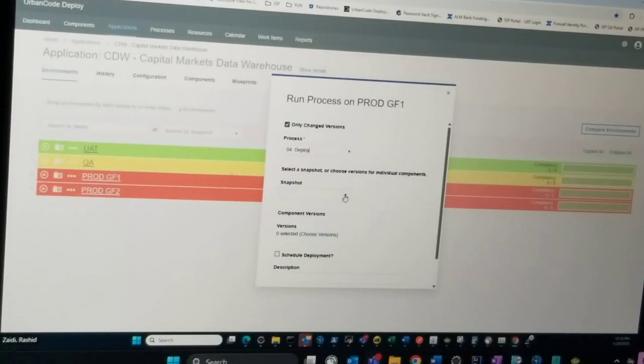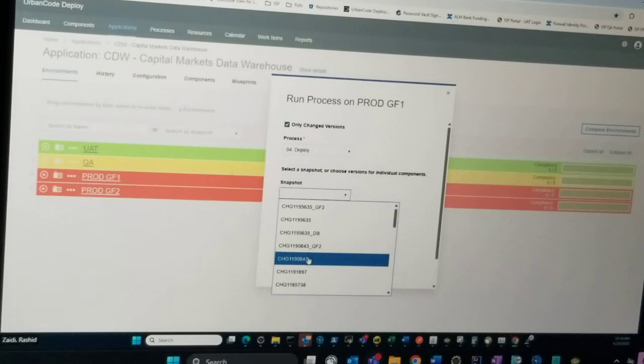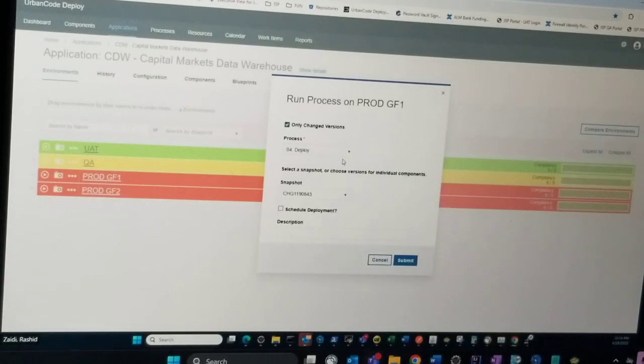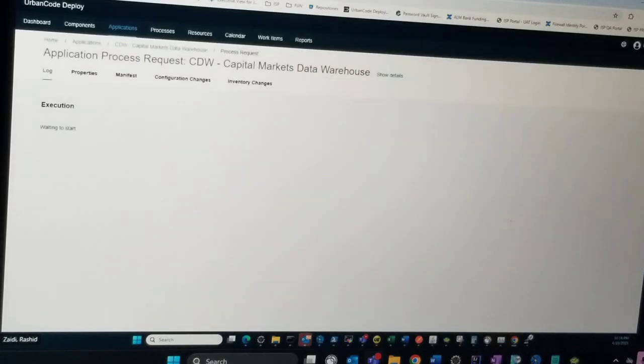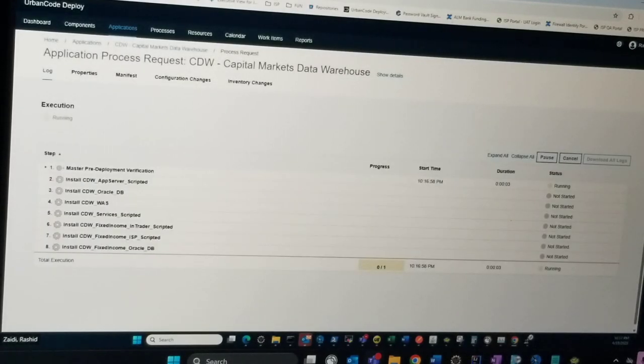Okay, so now I'm going to select this one. Okay, submit. Now the DB script, the DB changes will be done. After that,